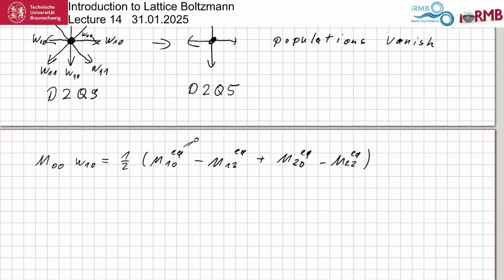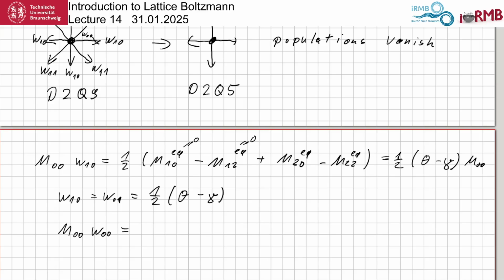And because these guys here are decided to be 0, what we end up with is 1/2 (theta minus gamma) M0,0, which means that this W1,0, which of course is the same as W0,1, we said this is the same, is 1/2 (theta minus gamma). And the last guy is M0,0 omega, W0,0, is